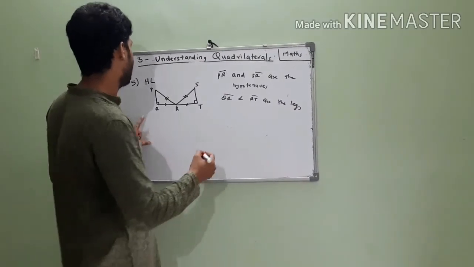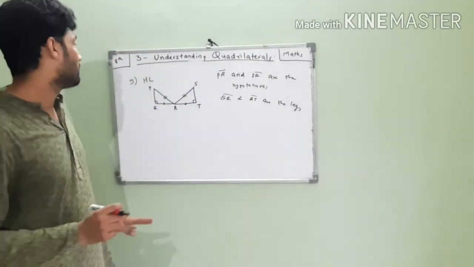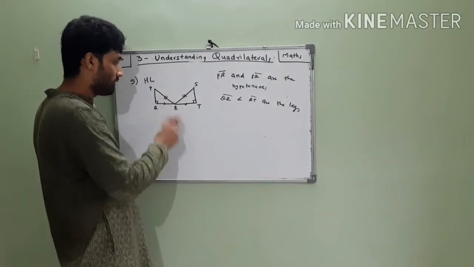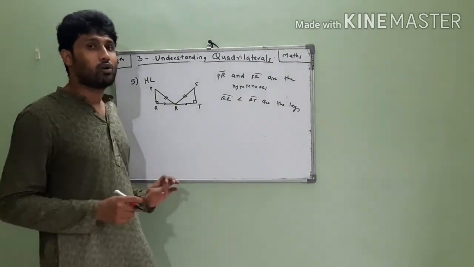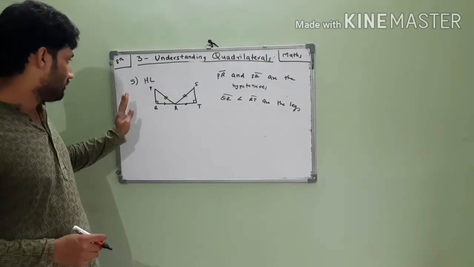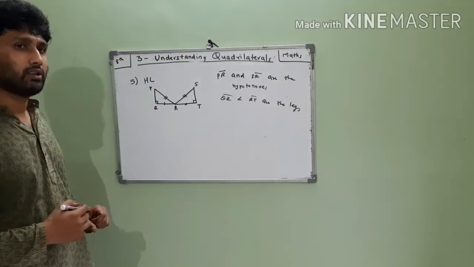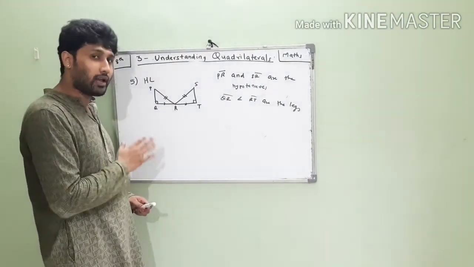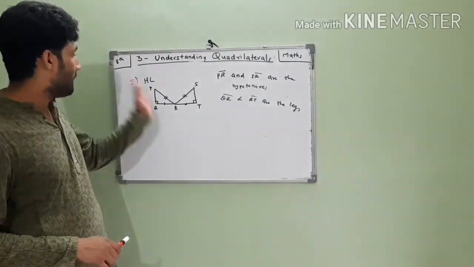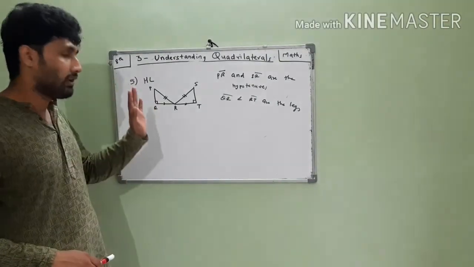The triangles are given as angle PQR and angle STR, two right angle triangles. If this is given, then triangle PQR and triangle STR are congruent. So this is what it is. In this case, the triangles will be congruent. This is a special case only for right angle triangles. So the hypotenuse should be equal and the leg should be equal. So the triangles are congruent.